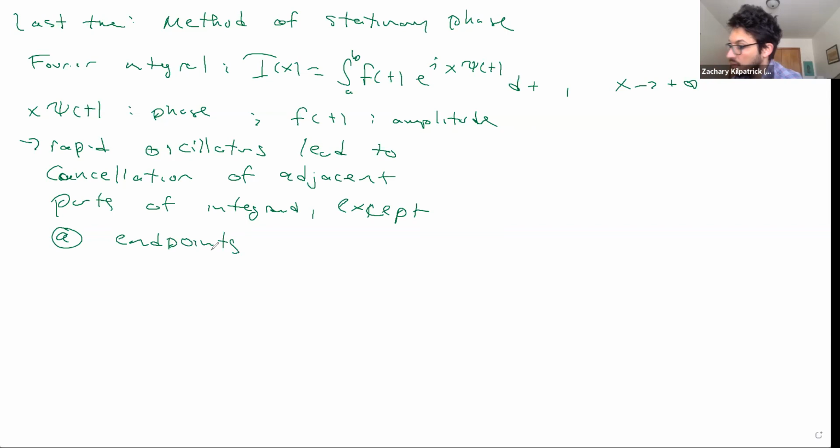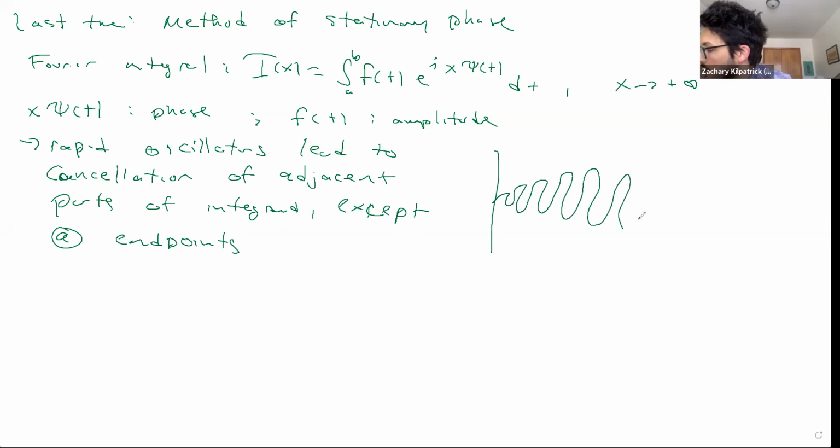Okay. So you have some function, and if this is 0 or something here, these are canceling each other out. Okay. This is your